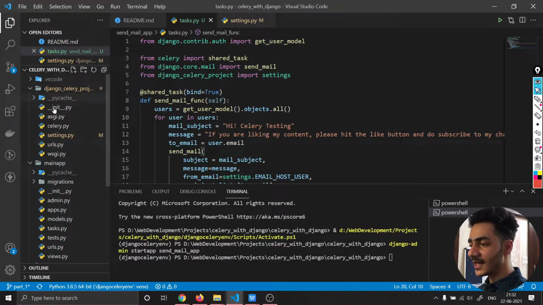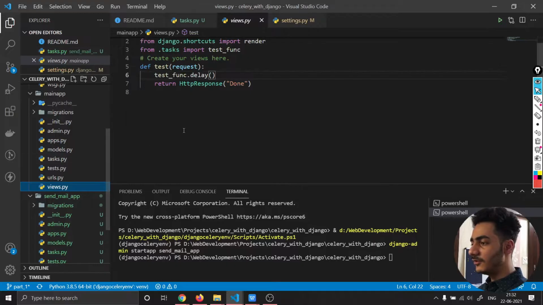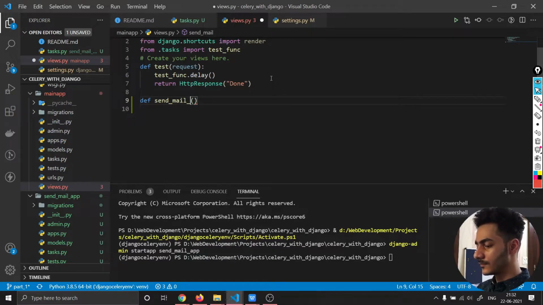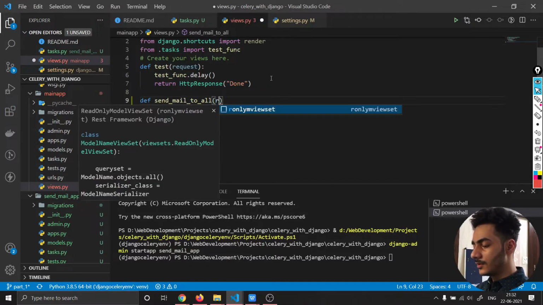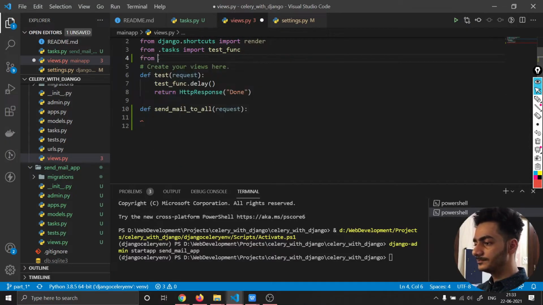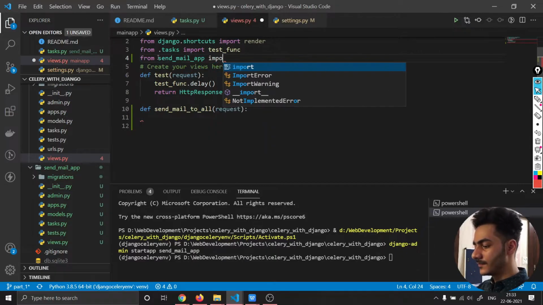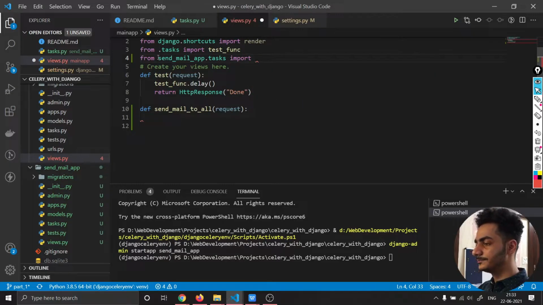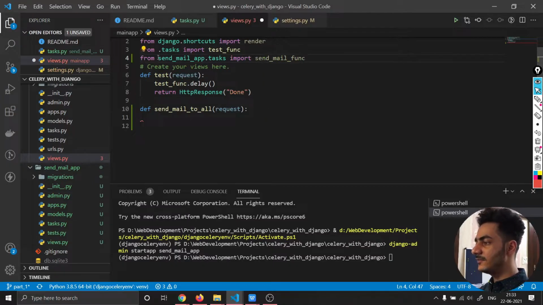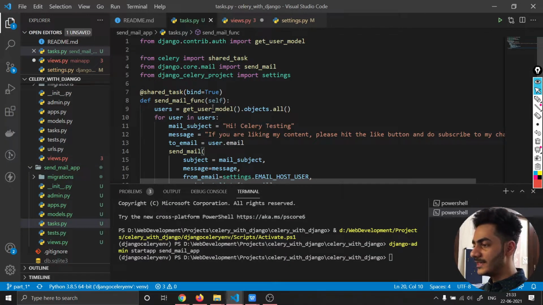Suppose let's say in our main app in views.py I am creating one new endpoint, that is def send mail to all, request, then from send mail app dot tasks import send mail function, right, send mail func.